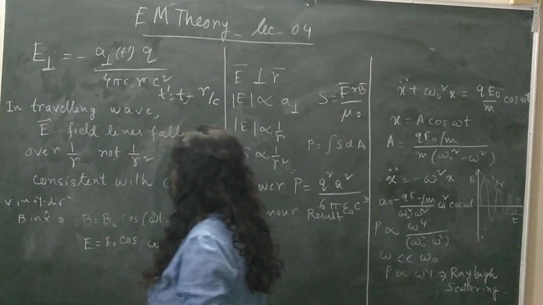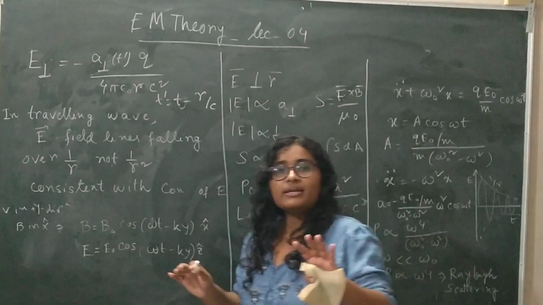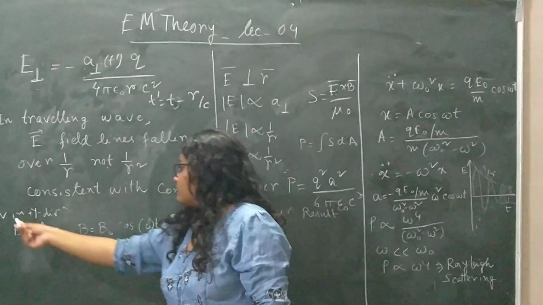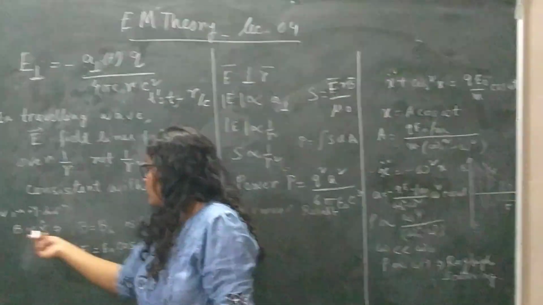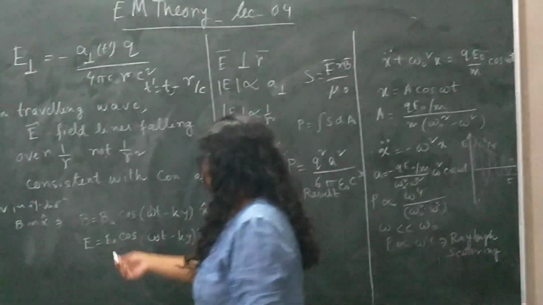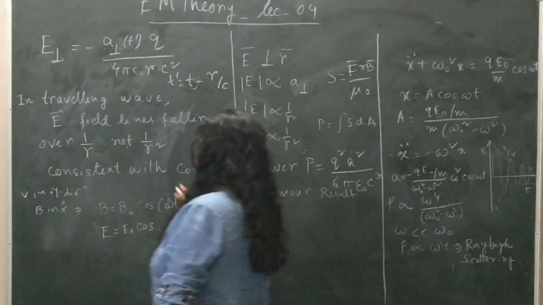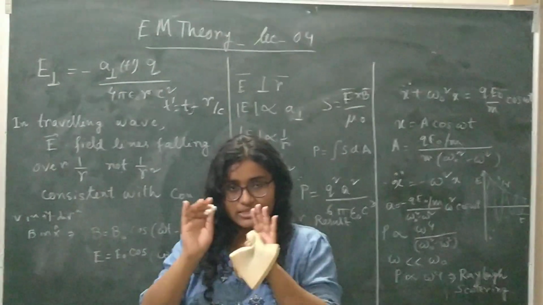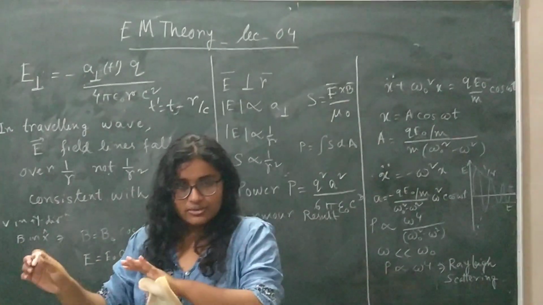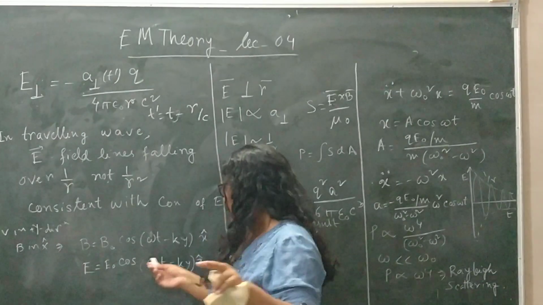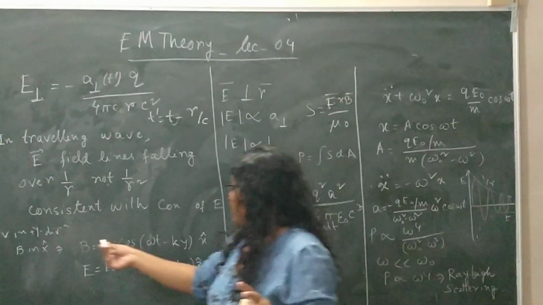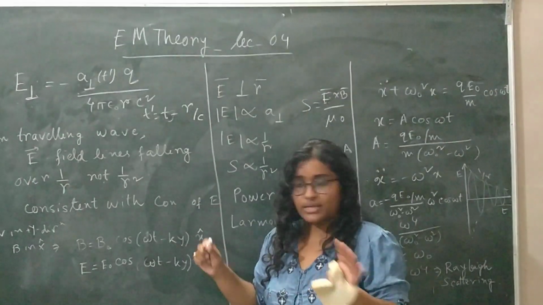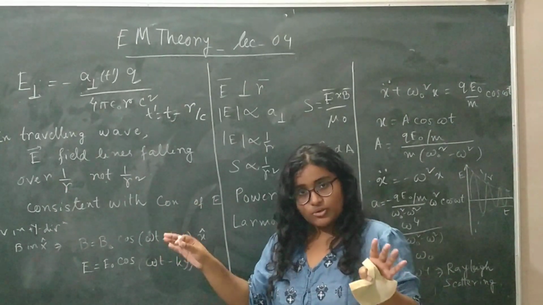Now suppose you have to write the expressions for B and E of the electromagnetic wave, where it is given that the velocity is in the y direction and B is along the x direction. How can you write it? Velocity along y direction. So k dot r equals kx into x plus ky into y plus kz into z. But k dot r will be ky into y, so the kx x and kz z terms will be 0.